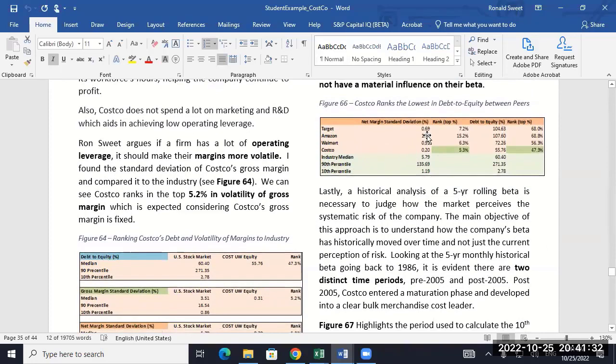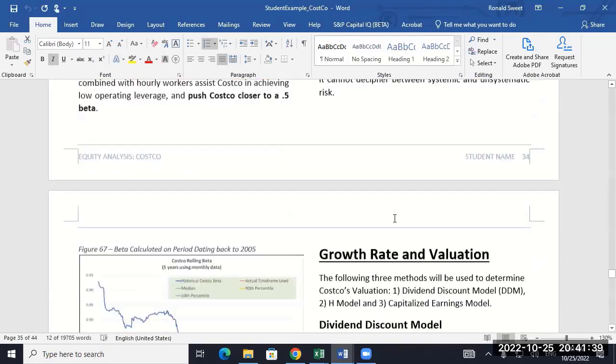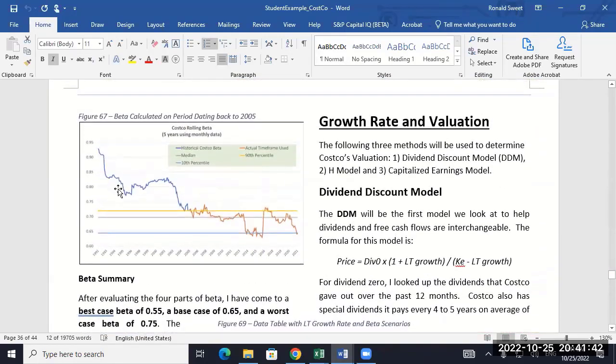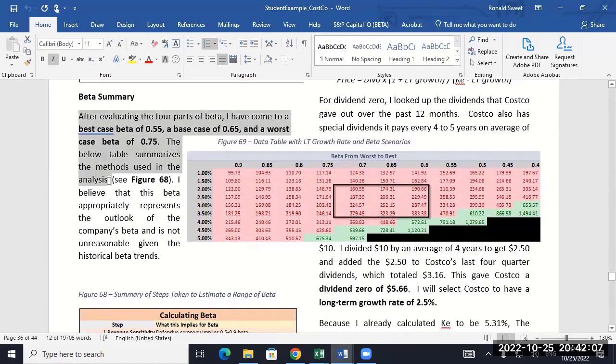Look what he did though. He brought in 4 companies to compare on net margin, standard deviation, and debt to equity. He did the rolling beta. If you notice, he put his 90% and 10% just from this last period. Costco probably does fit into the small company becoming a big company for this period of time, because Costco has really grown quite dramatically. So it probably would have been a small cap back here and probably is a large cap here. So that would make some sense. And then he just has his final